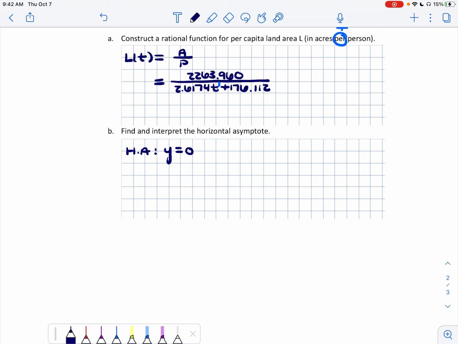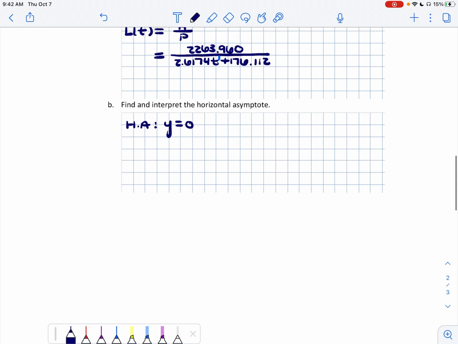Now obviously it's never going to reach 0 because a horizontal asymptote never actually hits that value, but it just slowly approaches that value over time. So here we are saying as time passes, or as the number of years increases, however you want to word that,